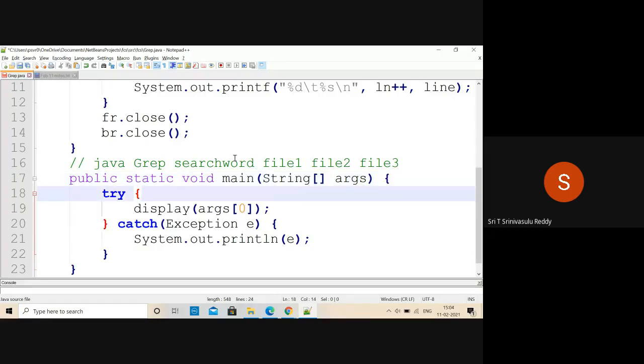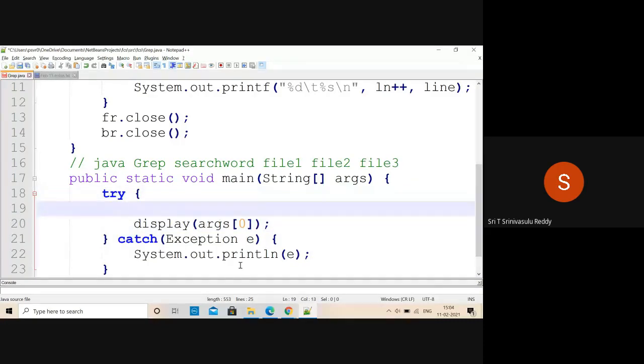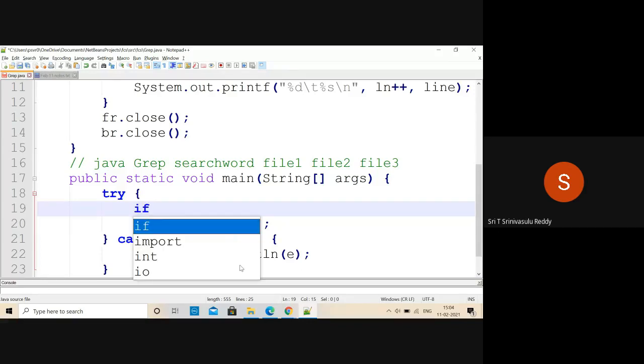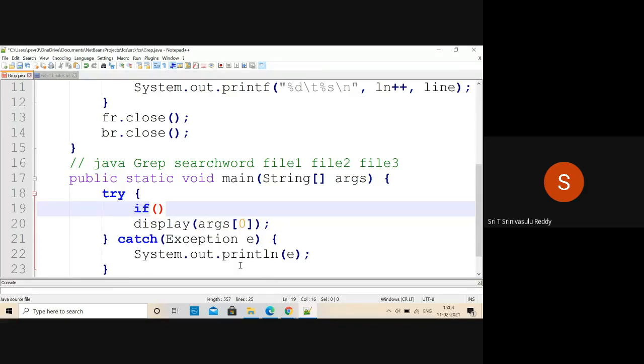Now, what we shall do is, first of all, there should be two arguments, which can be accessed through 0 and 1. So first verify whether the user is using the command properly or not.